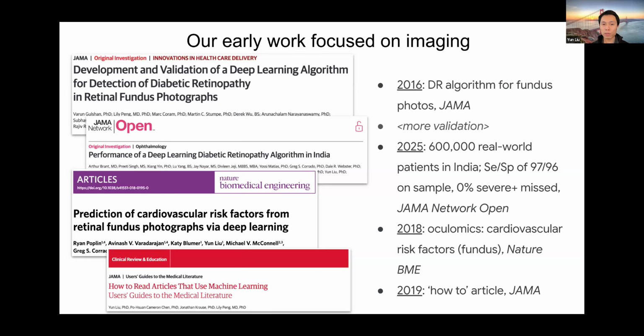And we tried to capture what the performance was of those real world images. So no longer in a research study setting, but for patients who were actually using it for screening purposes. Sense and spec, so sensitivity and specificity of the algorithm in the real world cohort was over 96%. This was pretty close to matching what we had seen when we were developing the algorithm. And importantly, the numbers of severe plus disease, so this is the severity of disease above which you need treatment, none of them were missed.